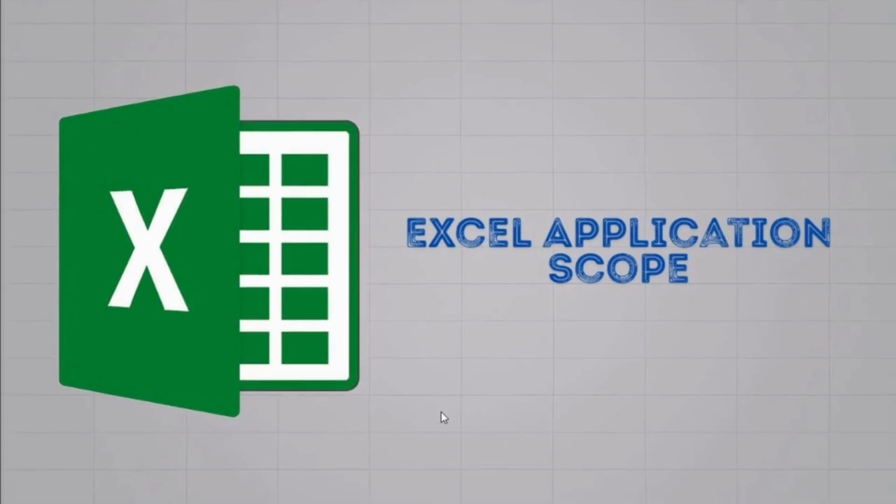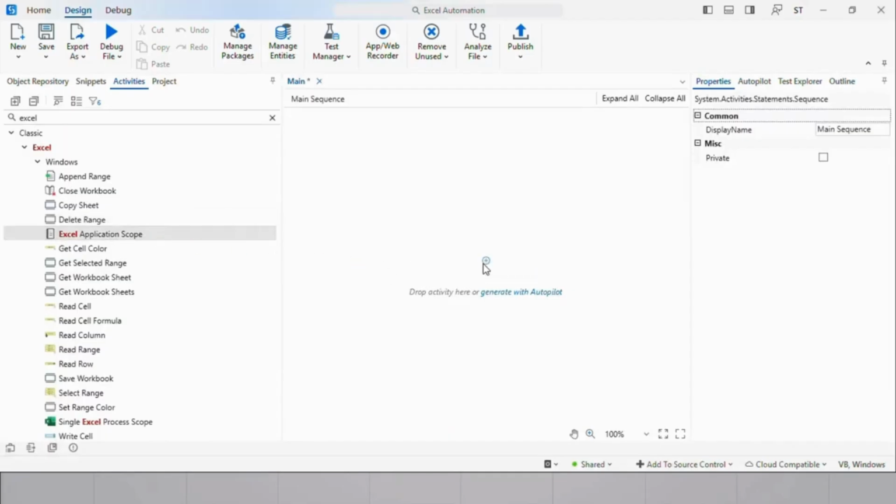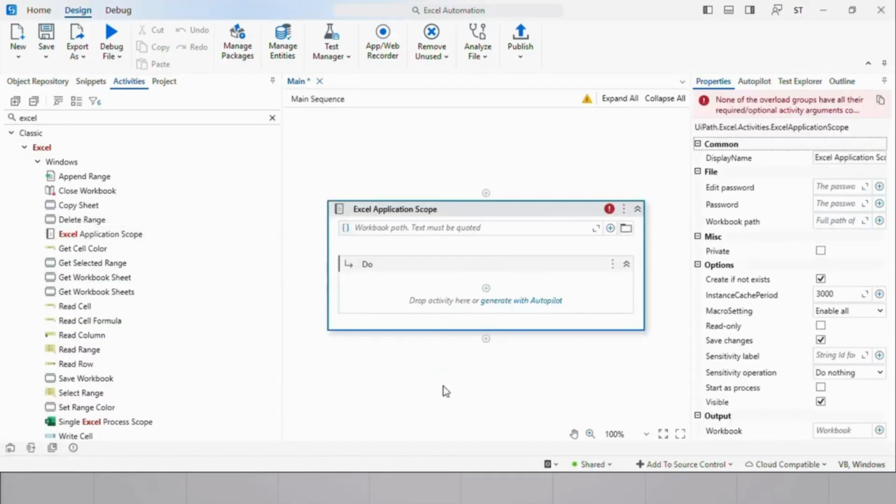Excel application scope activity. Excel application scope is a container. It will create a connection to the provided Excel path. Inside the Excel application scope, we can do whatever Excel operation that you want to do on the